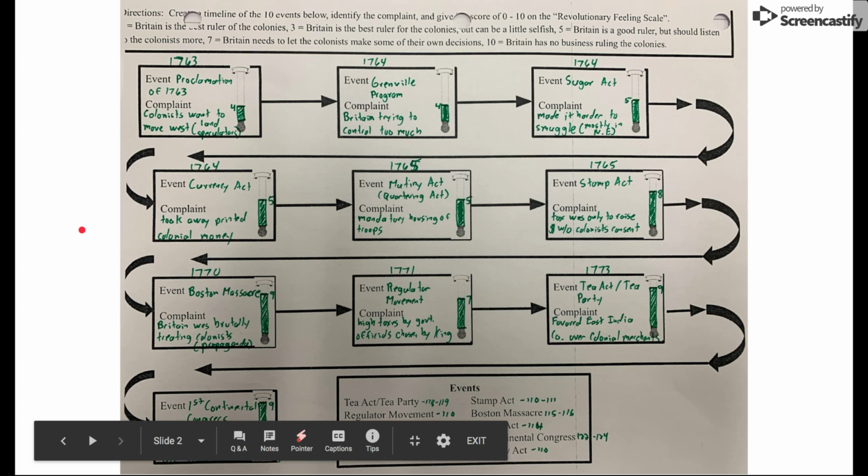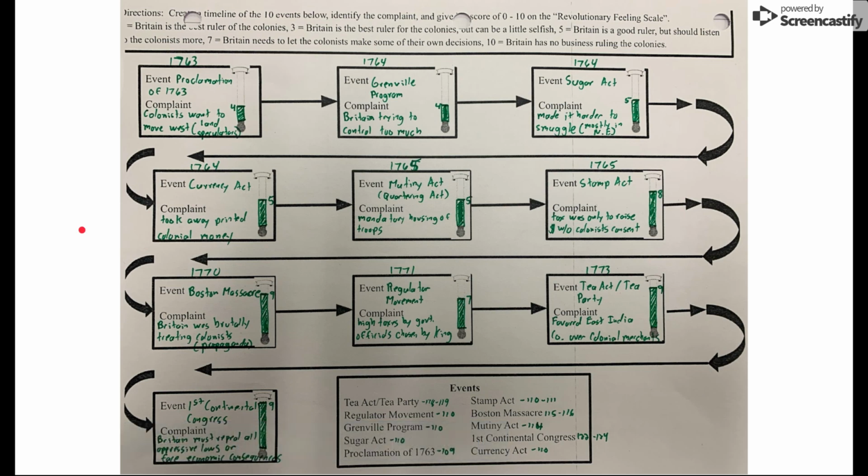Okay, so we have a timeline here of events leading up to the American Revolution, and I put these in chronological order here. There's some that happened in the same year, so the order here doesn't matter as much. Although I did put the Grenville Program before the Sugar Act and the Currency Act, just because the Grenville Program includes those two things. So you'll notice here that I start off with the Proclamation of 1763, and the colonists'